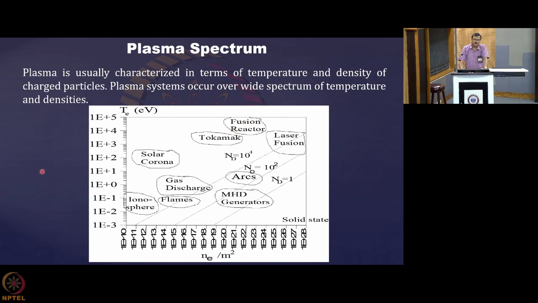These are tokamaks. You can see that the temperature in electron volts starts from around 0.1 or 0.01 electron volt and rises, reaching 10 to the 5 electron volt. Laboratory plasmas, usually gas discharges and arcs, are mostly formed in labs, and in this course you will come across many systems dealing with glow discharge, arc discharge, or cold atmospheric pressure plasma discharge.